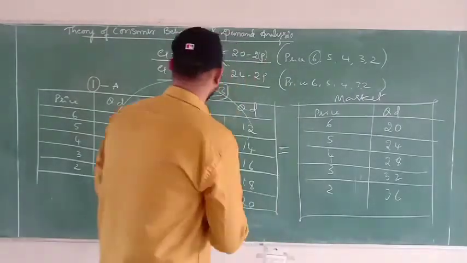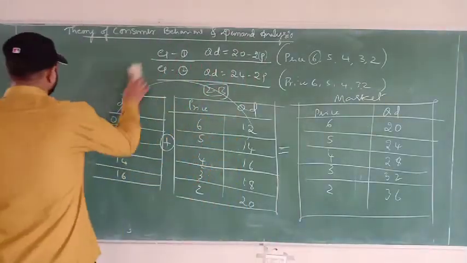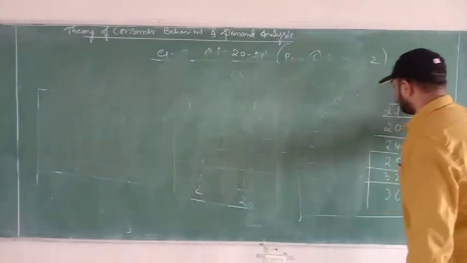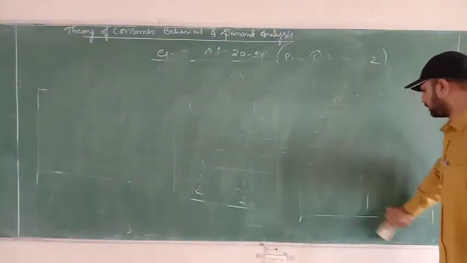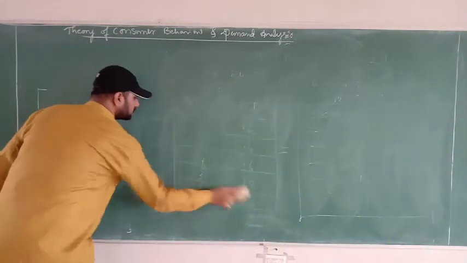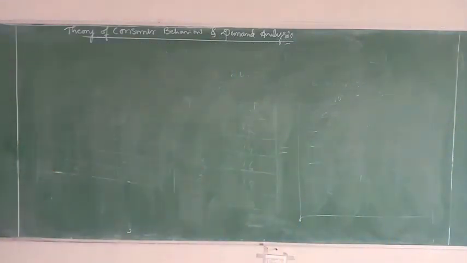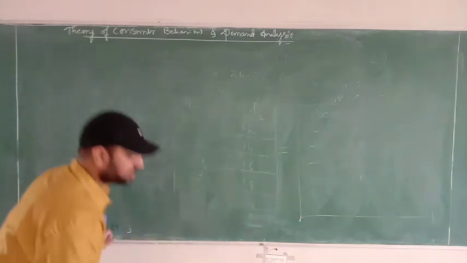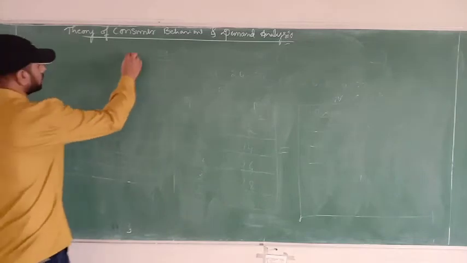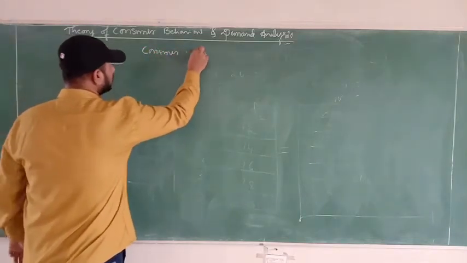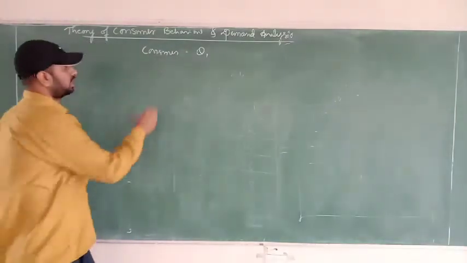Then you can draw it like this. So I hope you understood this. Then we will derive the market demand curve. As far as your NCERT textbook is concerned, they have given the points like this. Let's take consumer 1 has Q1